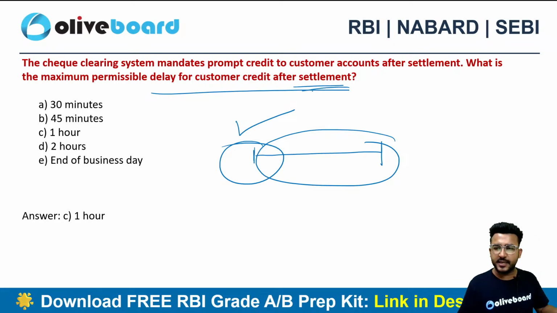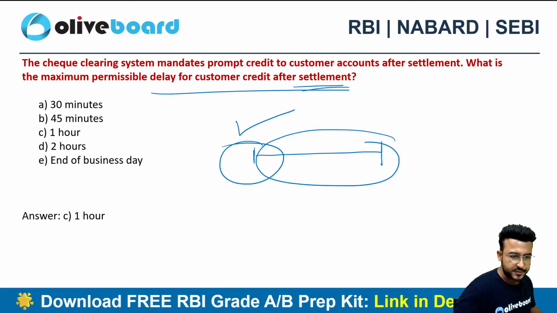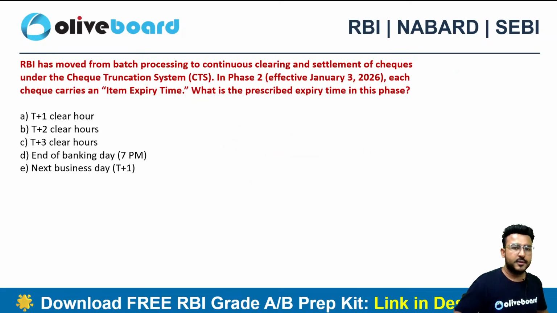There is already a settlement, guys, right? Both the banks have agreed to make the payment. The CTS has already cleared. You got the acceptance from the drawee bank. Now why do you need to wait for the end of the day? Just clear it in 1 hour. Okay, this was also a part of the circular. Next one,